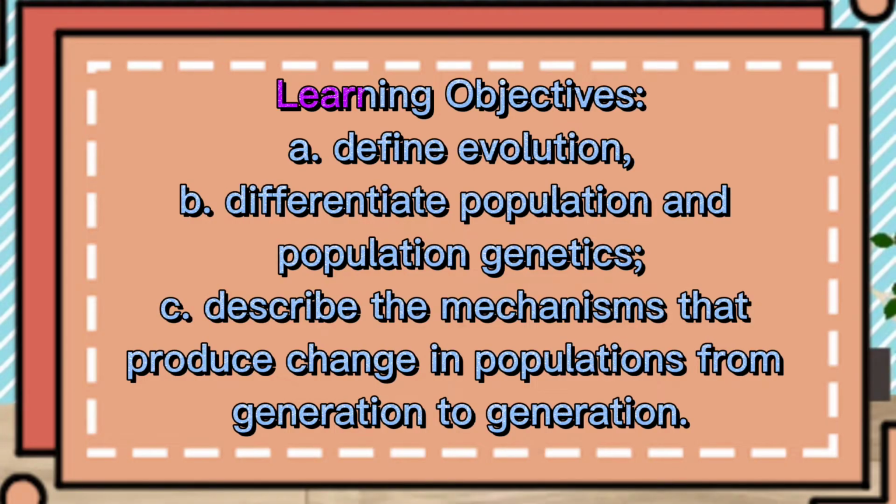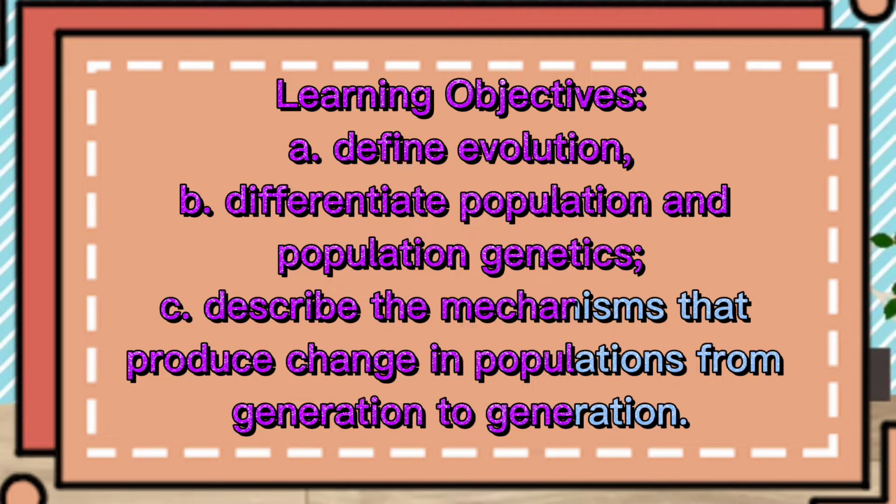At the end of the lesson, you are expected to define evolution, differentiate population and population genetics, and describe the mechanisms that produce change in populations from generation to generation, which are artificial selection, natural selection, genetic drift, mutation, and recombination. You learned in the previous lesson that life on Earth